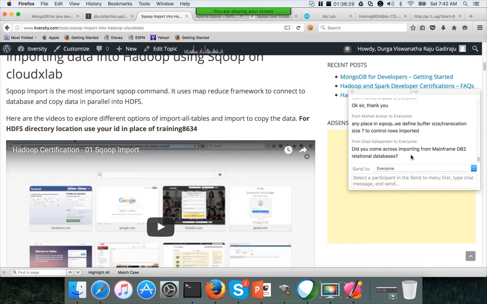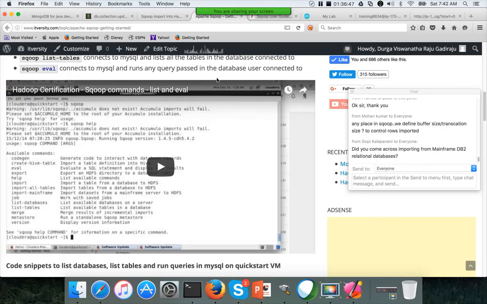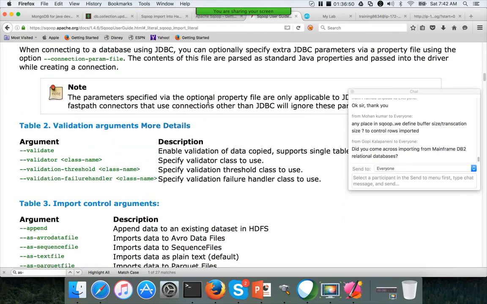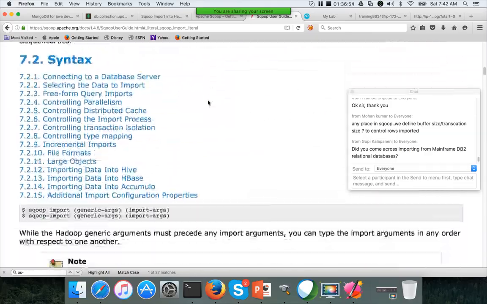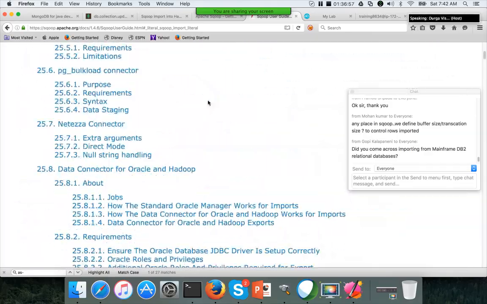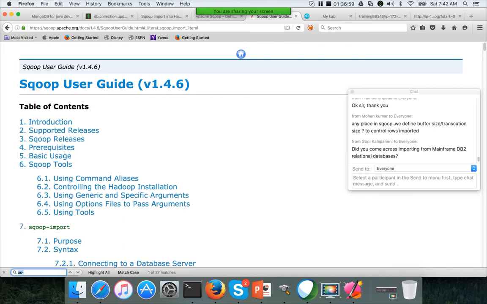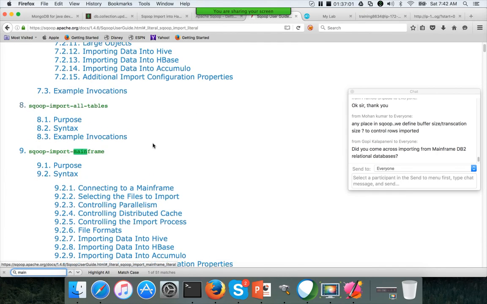Did you come across importing from mainframe DB to relational databases? For DB2, which is a traditional relational database, it's the same thing. Instead of the MySQL connector, you will be using the DB2 connector and connecting to the database. But if you want to get to mainframes, if you go through the documentation, in the import section, sorry, if you go to the index and search for mainframes, Sqoop import mainframe is there.